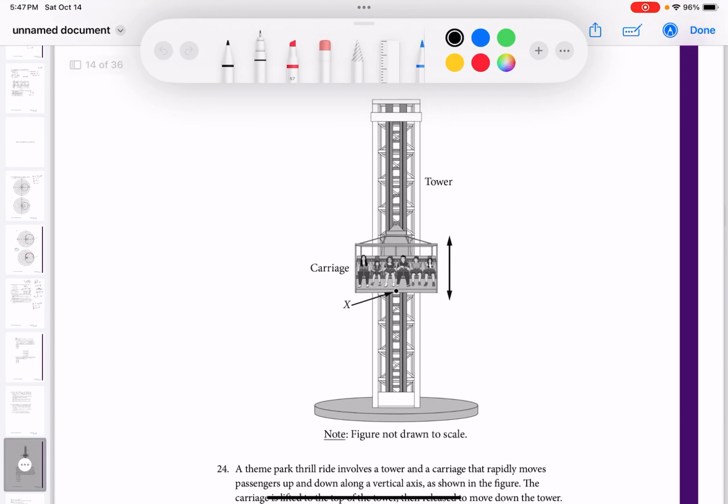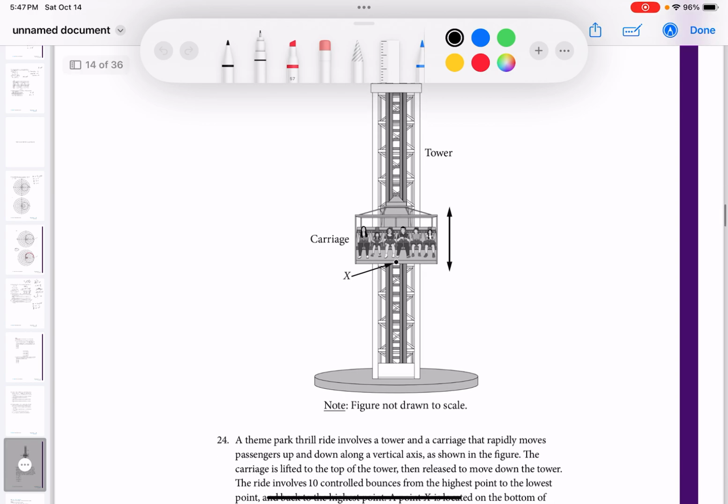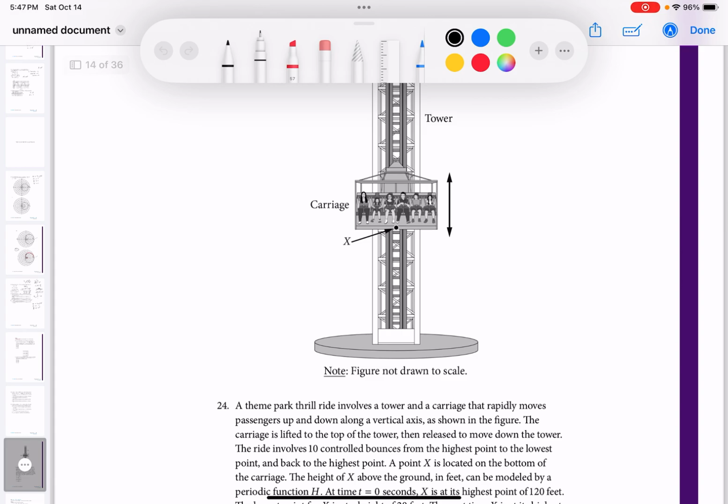Okay, I'm provided a picture. It's of a theme park, and they have a carriage. I do see the carriage. It rapidly moves passengers up and down along a vertical axis, as shown in the figure. It says the carriage is lifted to the top of the tower, then released and moved down the tower. The ride involves 10 controlled bounces from the highest point to the lowest point, and back to the highest point,